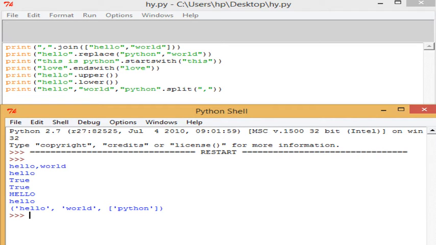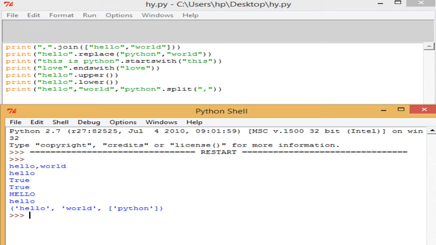The third function that we have is the startswith function. Basically, the startswith function means it will return either a true value or a false value, based upon whether the string is starting with or ending with the given text. Start and end functions are used to return some value, whether it is a true value or a false value. So in this case, what it is saying is, this is Python, this is a Python statement.